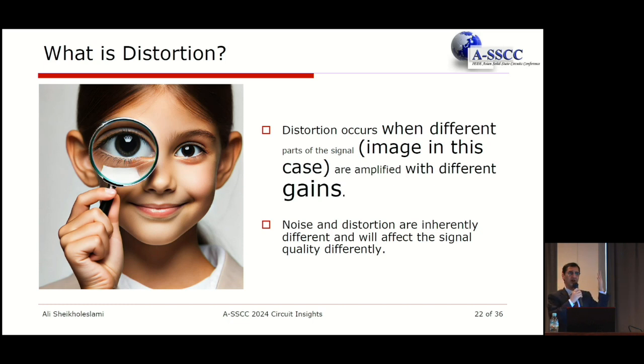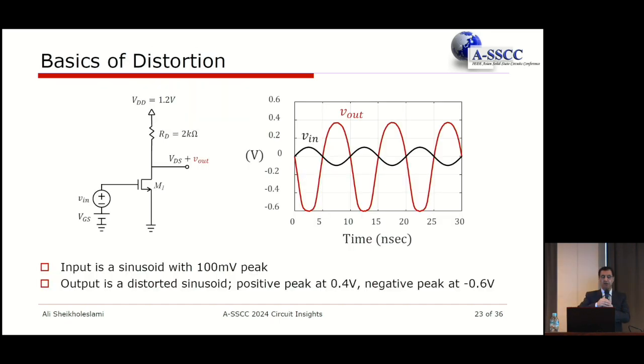And I decided to apply distortion to my own text, as you can see on the right. You look at that text, this wasn't a mistake. I did it on purpose. I just changed all those fonts to different sizes, so you can see this is the concept. What if you have a signal, and you decide to amplify different portions of the signal with different gain? That is distortion, right? In one word. Let's see how it's starting.